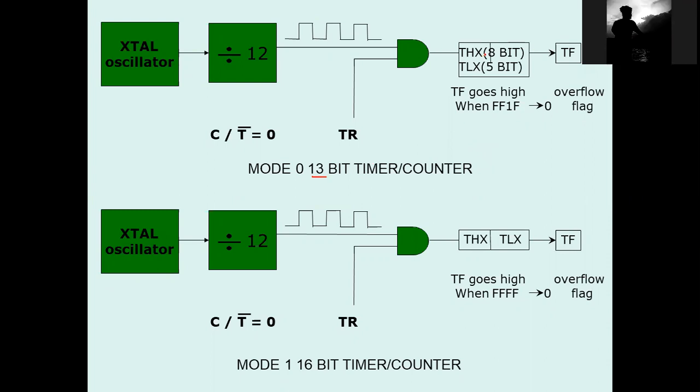So here in mode 0, we can see the timer high part will take 8 bits, and the timer low part will take 5 bits. So 8 plus 5, that is 13 bits. Now the rest of the things are the same. You can remember whatever has been discussed: crystal oscillator divided by 12, so a square wave pulse is coming. Each square wave pulse,